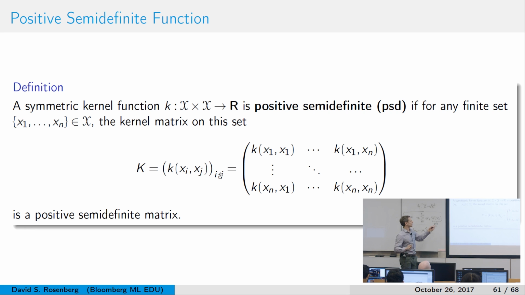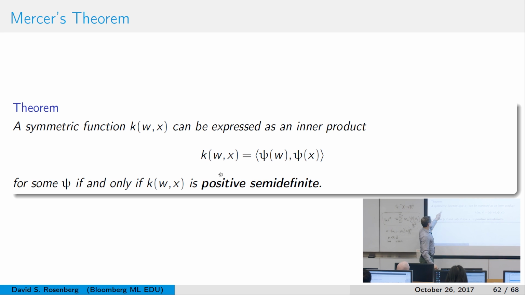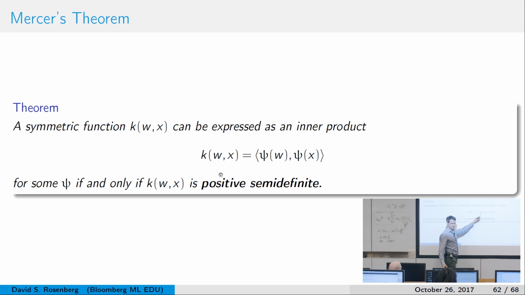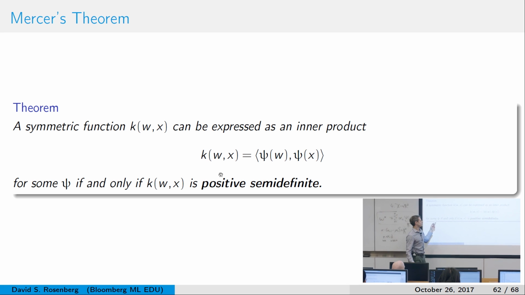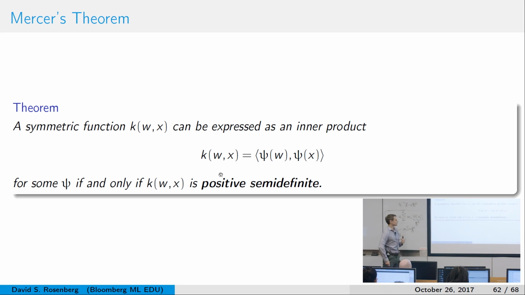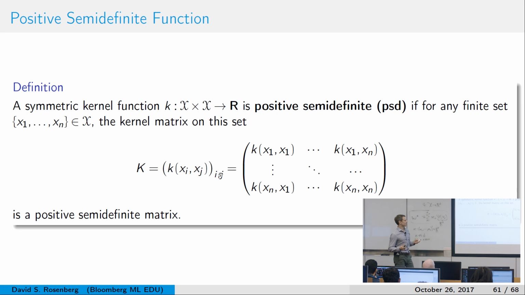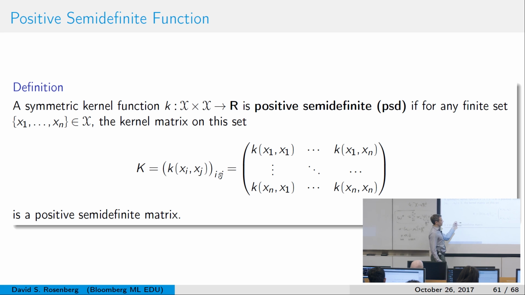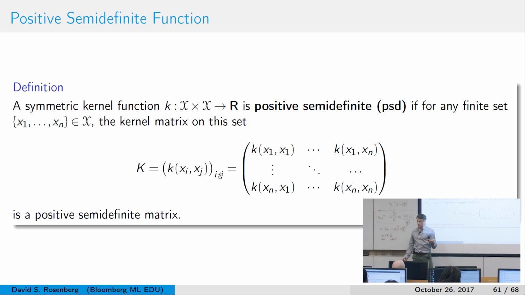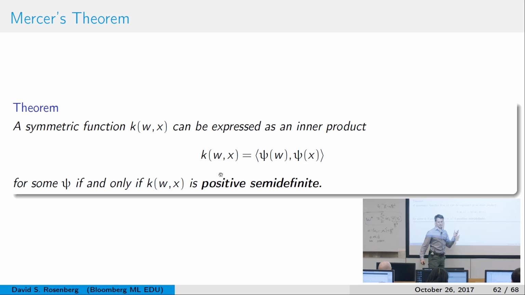Well, one sec. We need a theorem first. A symmetric function k(w, x), potentially a kernel function, can be written as an inner product for some feature mapping if and only if that function is positive semi-definite. All right. So this is the theorem that gives this definition some legs. So if we start with the function k, and we can demonstrate that the function is positive semi-definite in this sense, then we know that it corresponds to an inner product